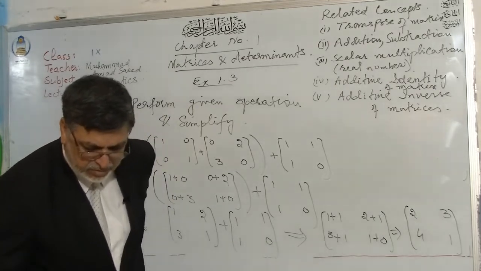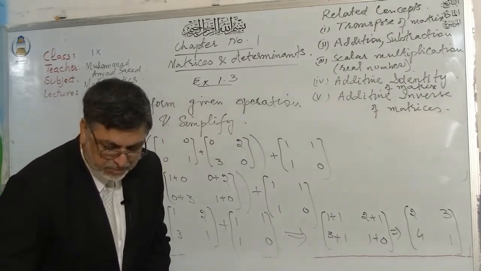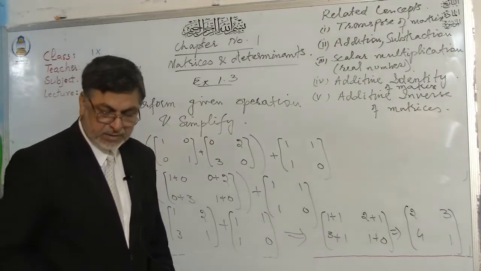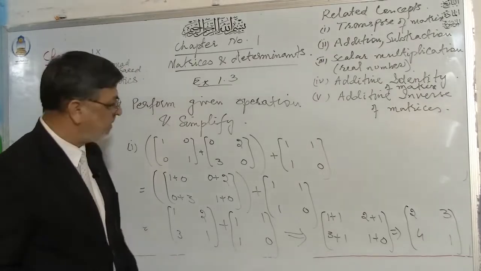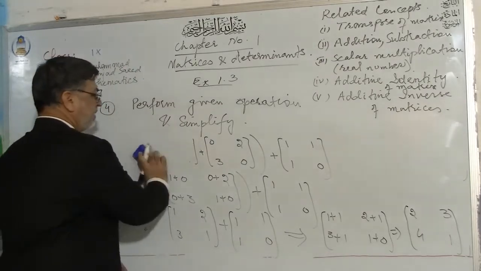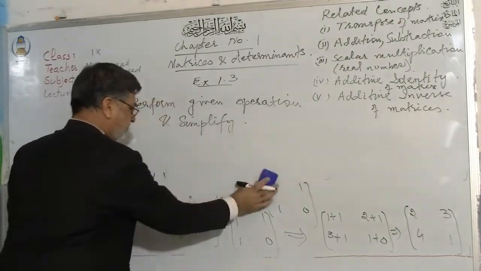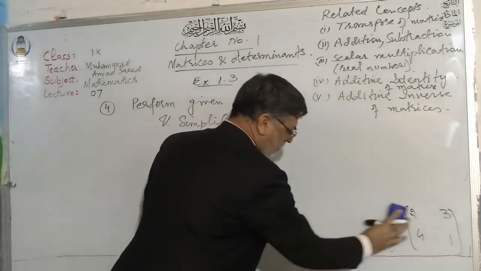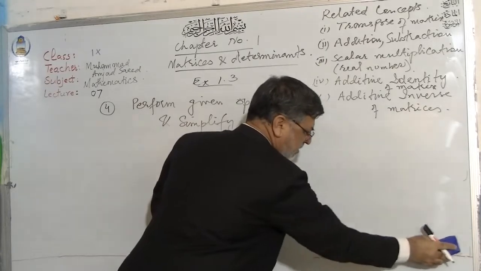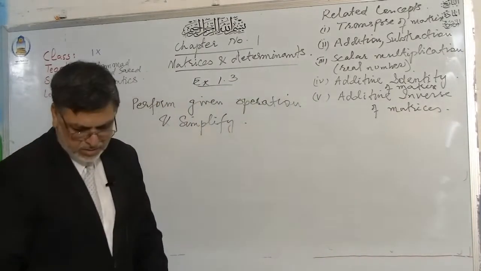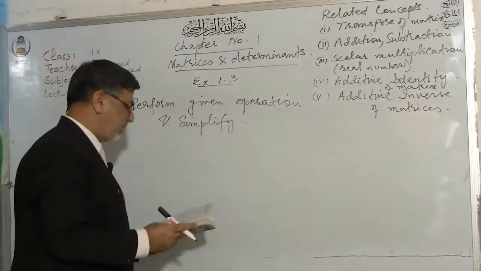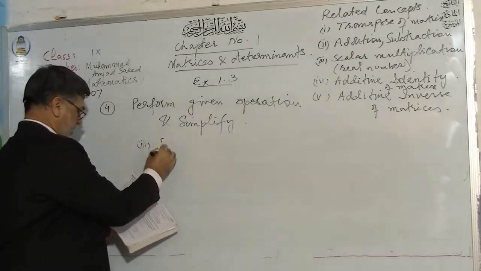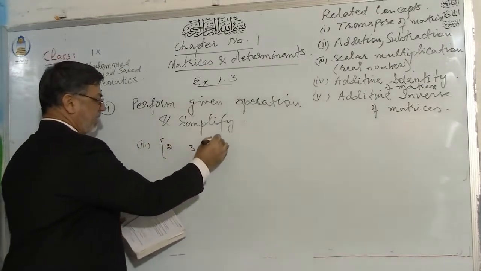Or we can do other parts. Part number 4 and 5 are similar. So I can solve part number 3. It's easy, but the order is different. So I'm solving so that you may not be confused. Part number 3. Here is 2, 3 and 1